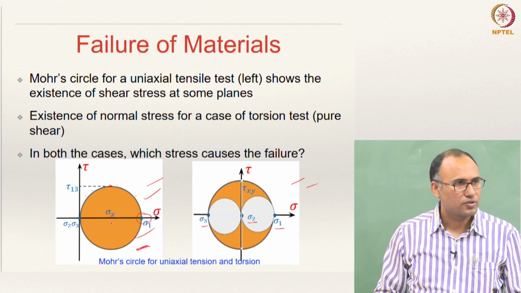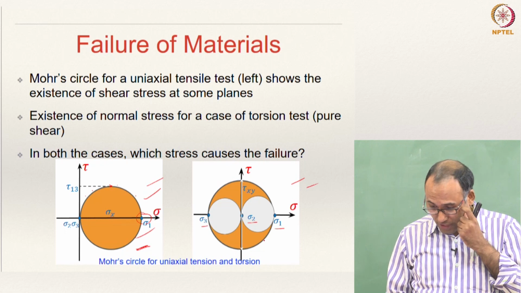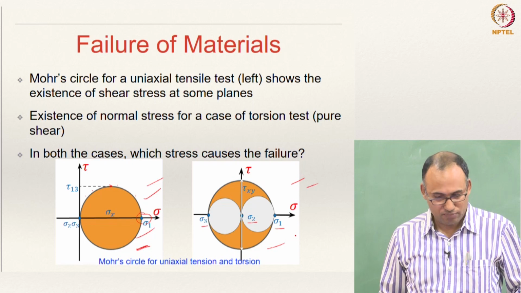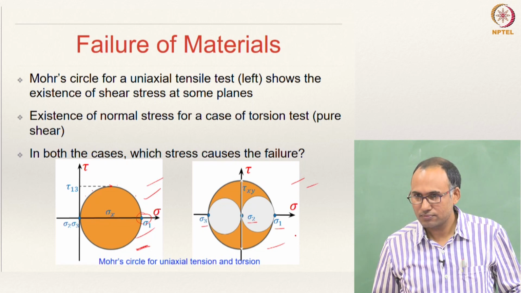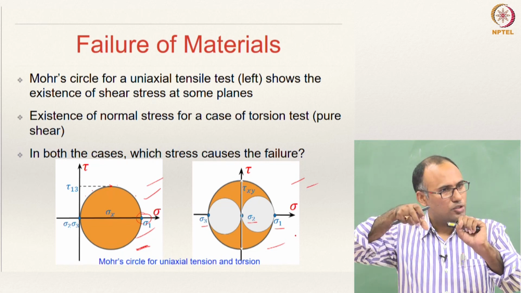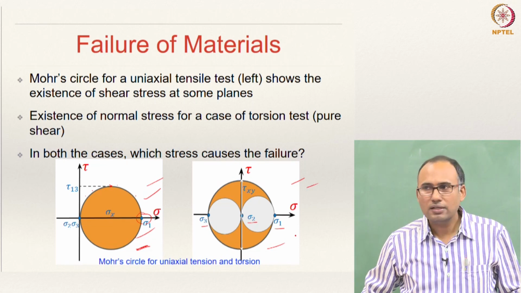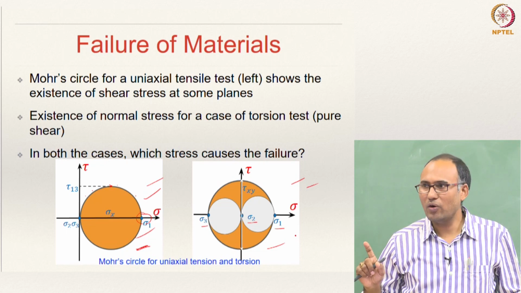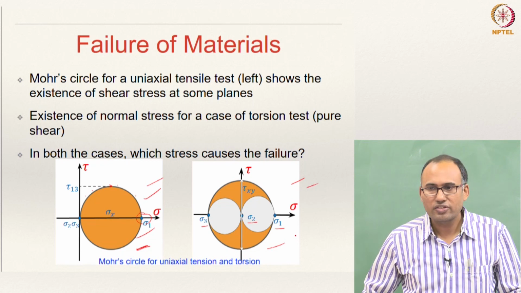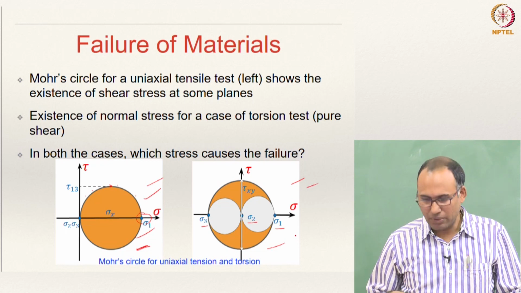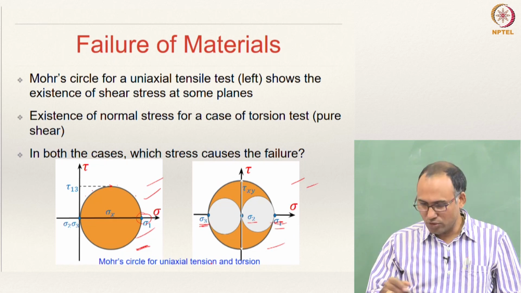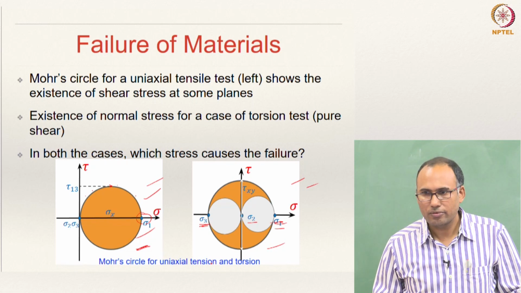Okay. And now on the right hand side you have the Mohr circle for the case of pure shear or torsion, right. So, when you have pure shear, if you are applying torsional loading, then you know that the principal stress sigma 1 is equal to negative of sigma 3, and let us say this is also a plane problem. So, there is no sigma 2, sigma 1 is equal to negative of sigma 3, and that is when you see that these are the same but in the opposite direction, and then you can draw the Mohr circle, right.